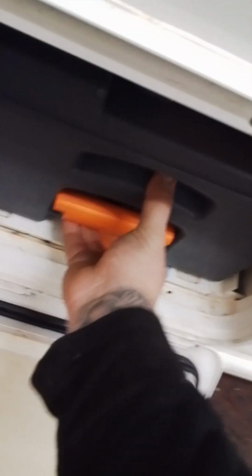Then we have your fill-up point for your toilet. Obviously, you mix your water and toilet chemical into this one here, which then gives you the flush, which then empties out into the cassette, which you can pull out and empty. Have your waste outlet,